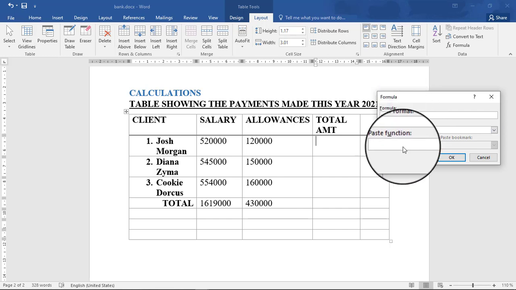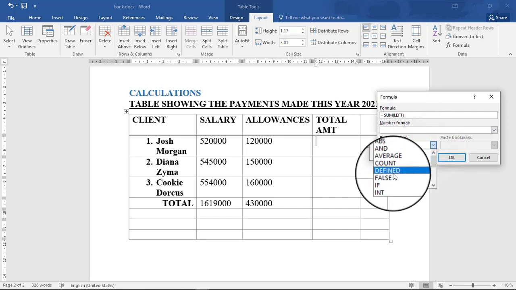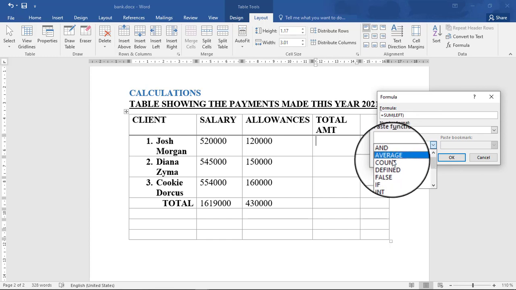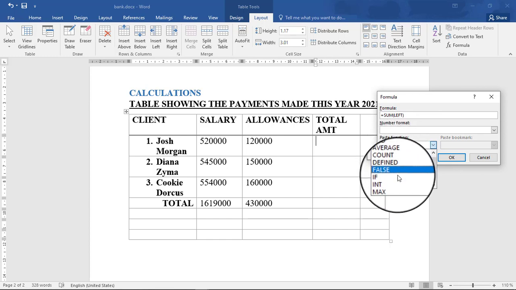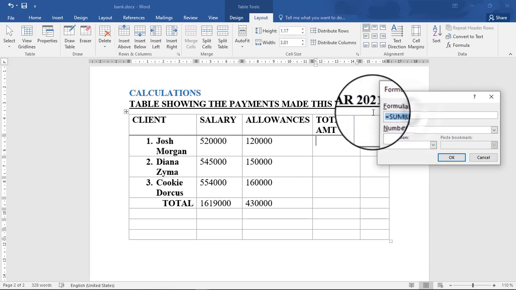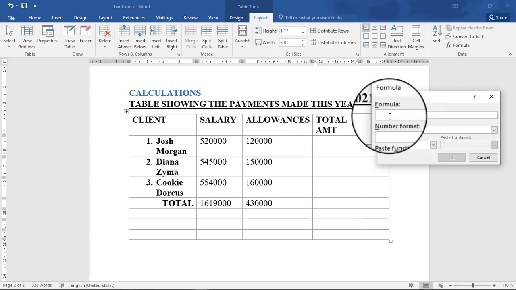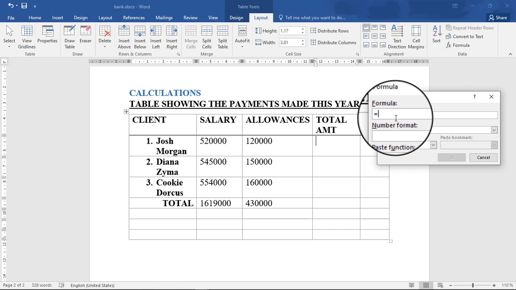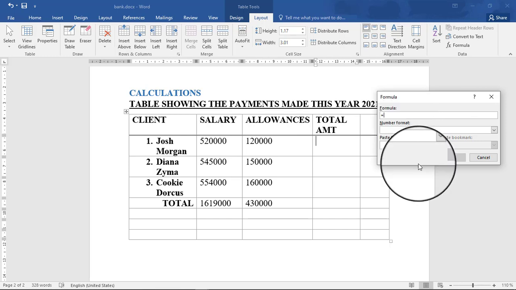Here's where you put the function. Here, the average, the count, the product. Let us try the product. So you just enter that formula here. You press equals. We want the product of this one and this. Equals. Then you select the function here.